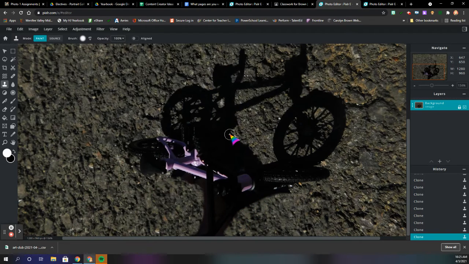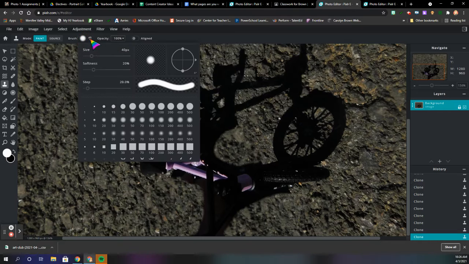get a little bit closer right there. I don't really love the harshness of these lines. And I also have some smaller areas that I want to get into. So what I'm going to do now is I'm going to change my brush size. Click on the brush. So this is the brush size right now, and this is the